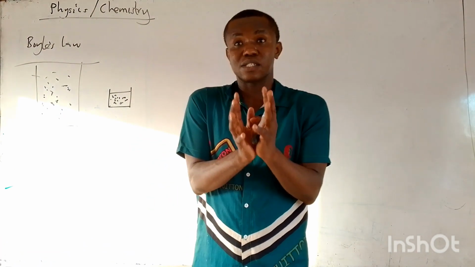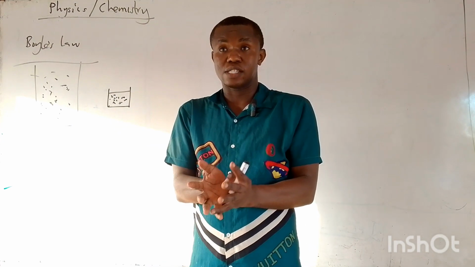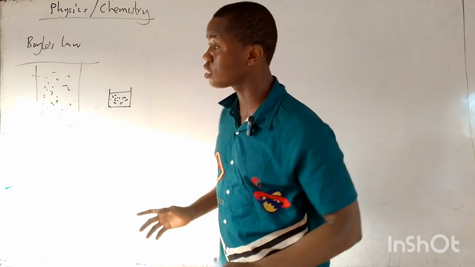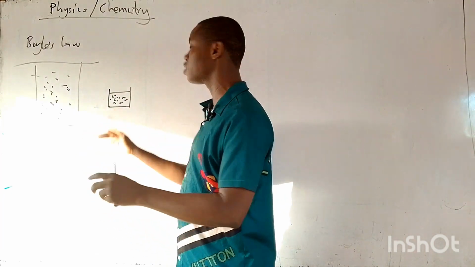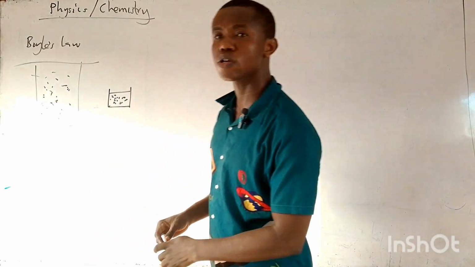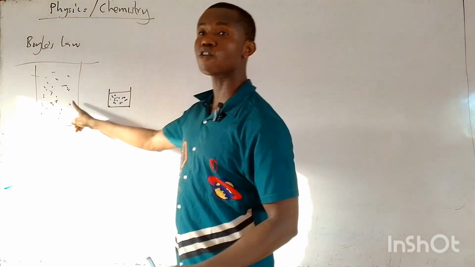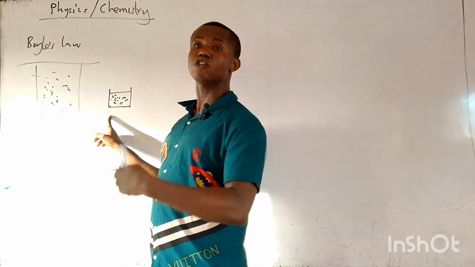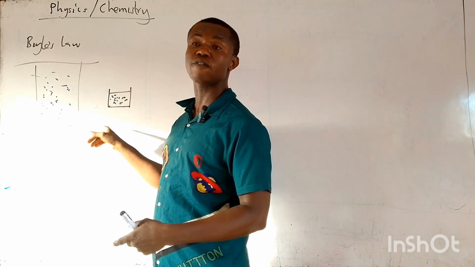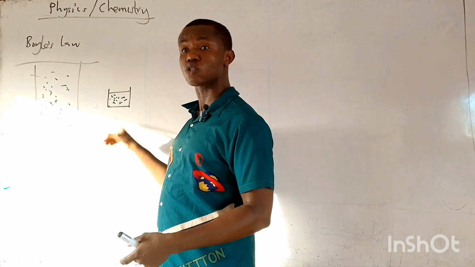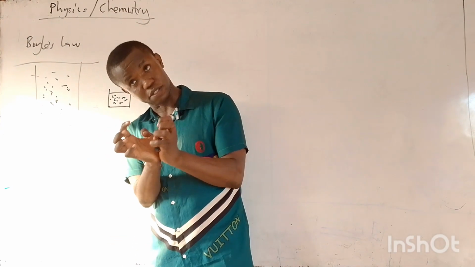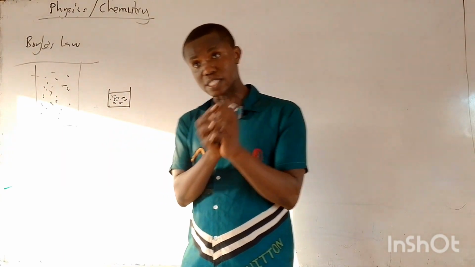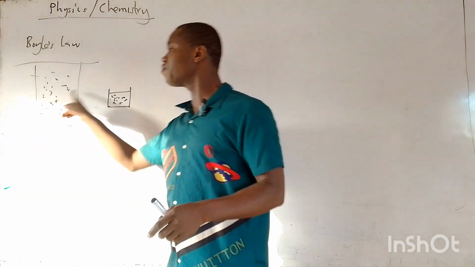If the amount of gas is fixed, that is, I put a certain amount of gas here, and I put the same amount of gas in this place, you will expect that the pressure would have increased, right? Because the number of gas molecules colliding with the walls of the container has increased, because of the small compartment. So a decrease in volume will lead to